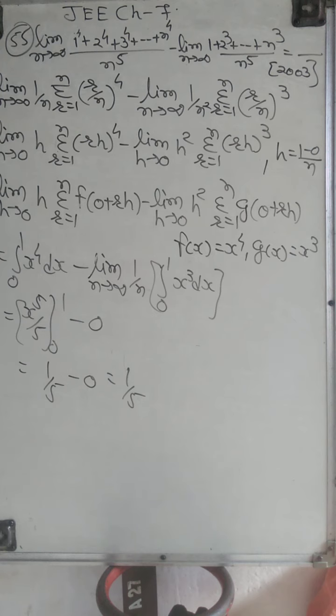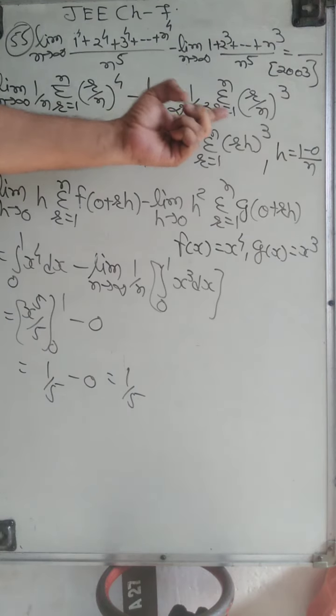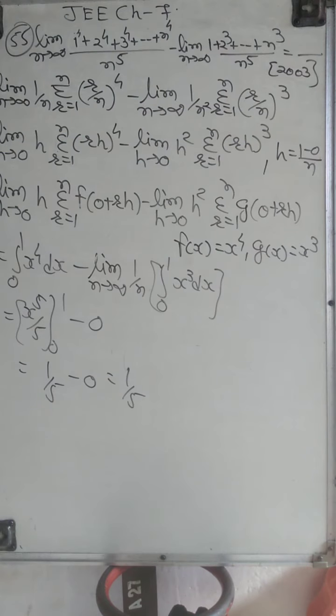Again, we take a recap of this sum. Here the power raised to 4 is there, so we take n raised to 5 in two parts, which is n raised to 4 into n. 1 upon n we take outside, and this becomes sigma r equal to 1 to n of r upon n raised to 4, minus limit n tends to infinity, similarly n square taken outside, sigma r equal to 1 to n of r by n raised to cube. Now here r by n is equal to rh. When 1 upon n tends to infinity, then h tends to 0. This is 1 upon n equal to h.